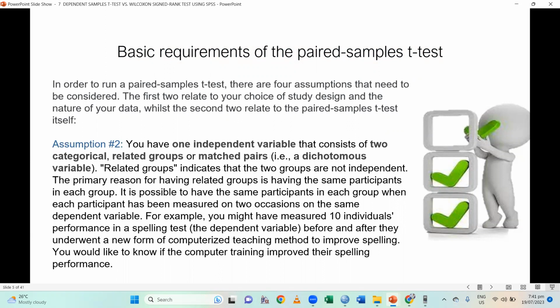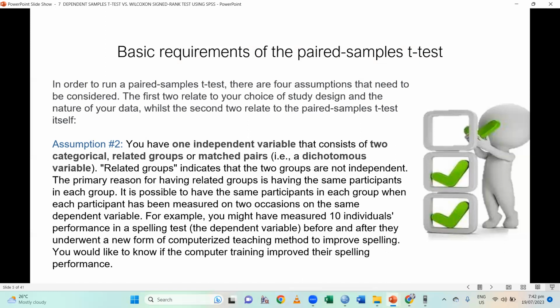That is, a dichotomous variable. Related groups indicates that the two groups are not independent. The primary reason for having related groups is having the same participants in each group. That's why, whoever takes note,